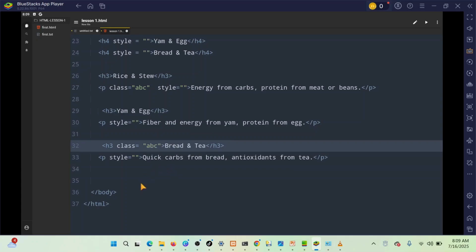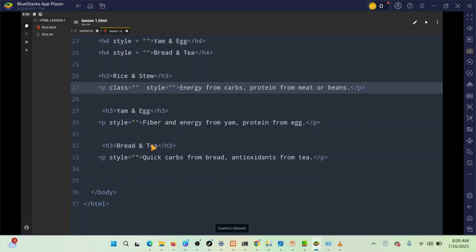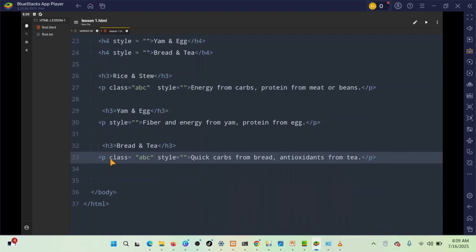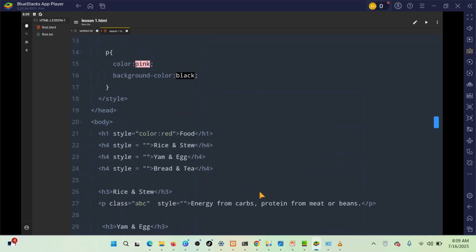Oh sorry, we made a mistake. We're not assigning H3, we're doing it for paragraph, sorry. Okay, so it's supposed to be in paragraph here. So after assigning the class to the two paragraphs, excluding the middle one,